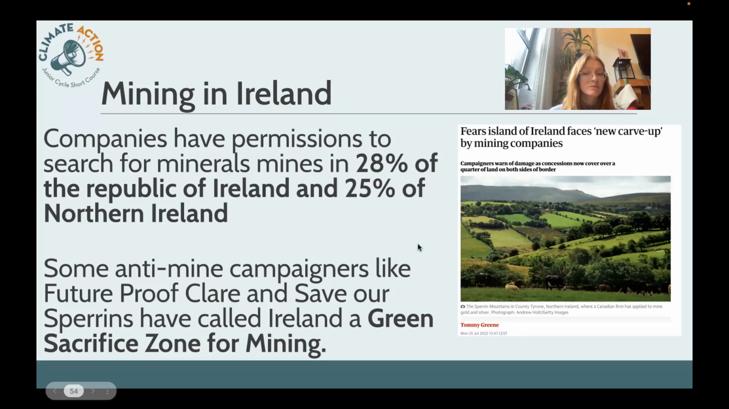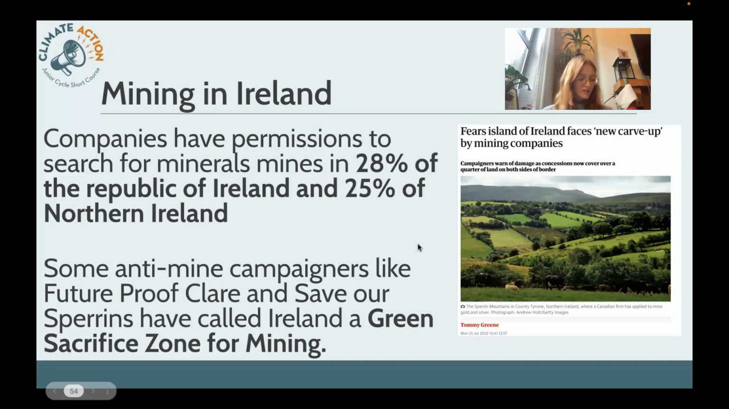So 28% of the Republic of Ireland and 25% of Northern Ireland have prospecting licenses for mining. And there's groups all across the country who are campaigning against this because the mines are in their local areas. And some of them have called Ireland a green sacrifice zone for mining, that the government are giving out these licenses, and the land in Ireland could be sacrificed for mining for these